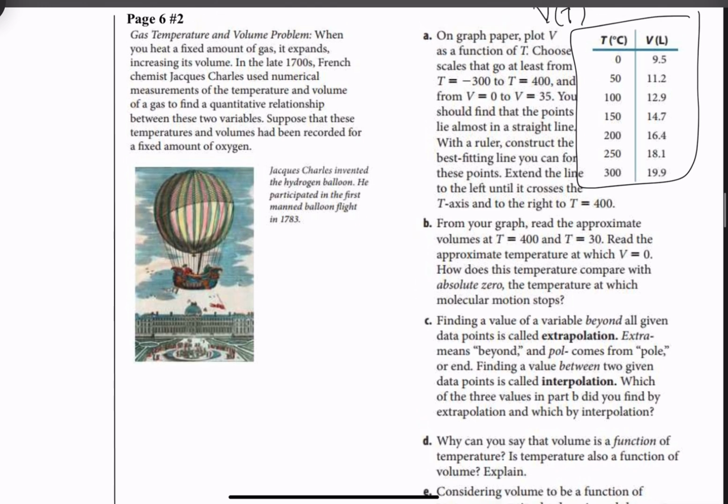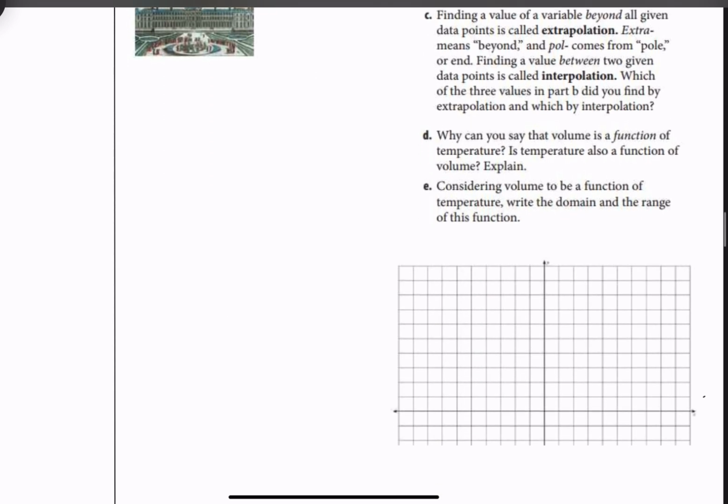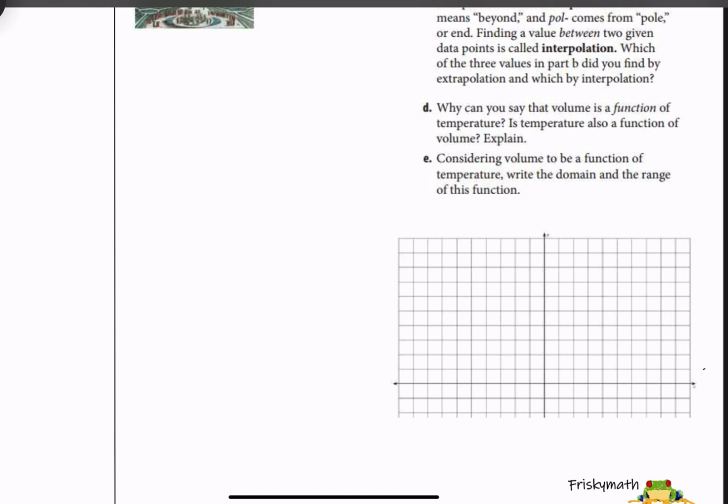Let's see what else this says. We're going to choose scales that go at least from, okay, so we need temperature to go from negative 300 to 400. We need volume to go from 0 to 35. We don't need any negative volumes. In order to make everything fit, I'm going to, on the t-axis, or the temperature axis, which again is in degrees Celsius, and on my volume axis, which again is in liters, I'm going to have to skip some units here. So I think on my temperature axis, because I need to go from negative 300 to positive 400, I'll go by 50s, but I'll skip every other